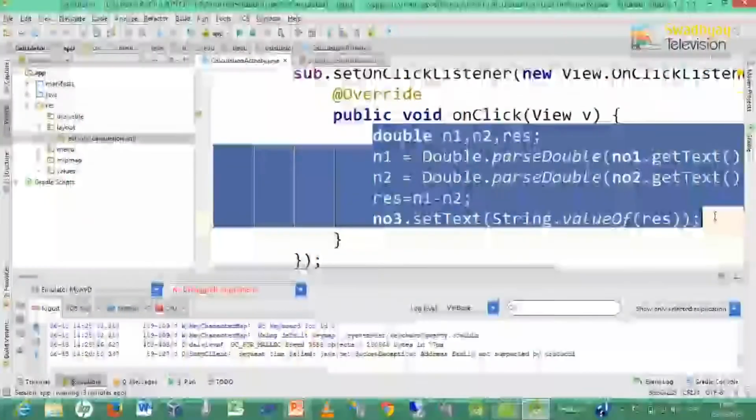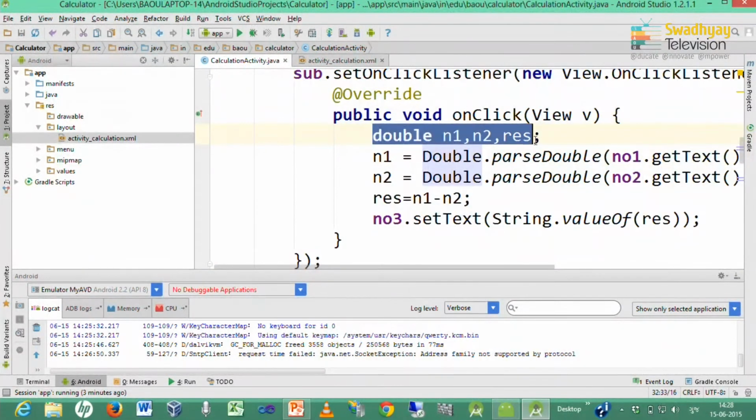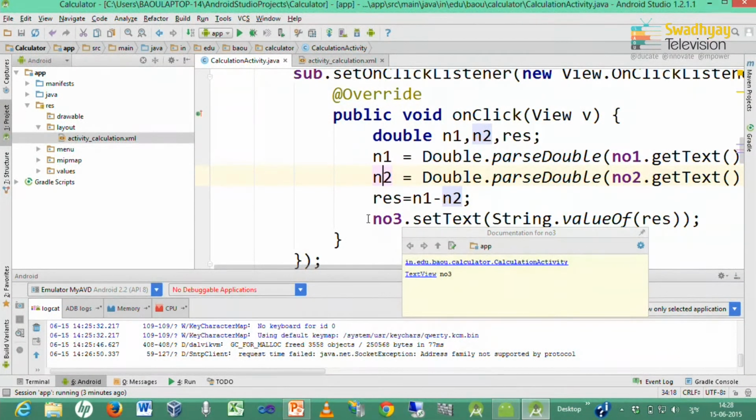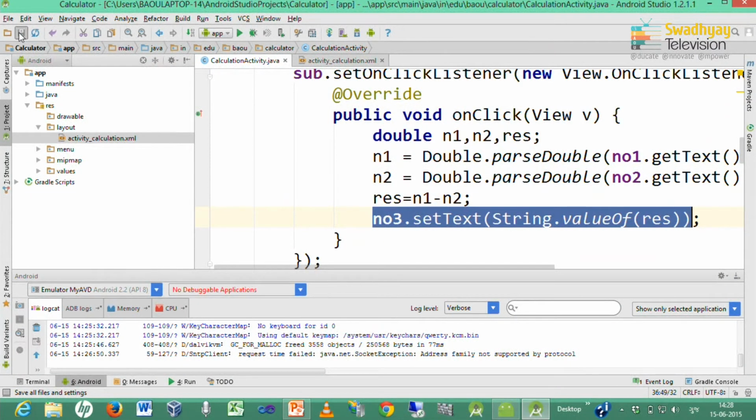So, here we want to do subtraction of two numbers entered in two edit text. So, we declare necessary variable, then we fetch value of these edit text in n1 and n2, and then finally we subtract these two numbers, and in last we display this number as a string into last text view. Now, again we want to test this application.